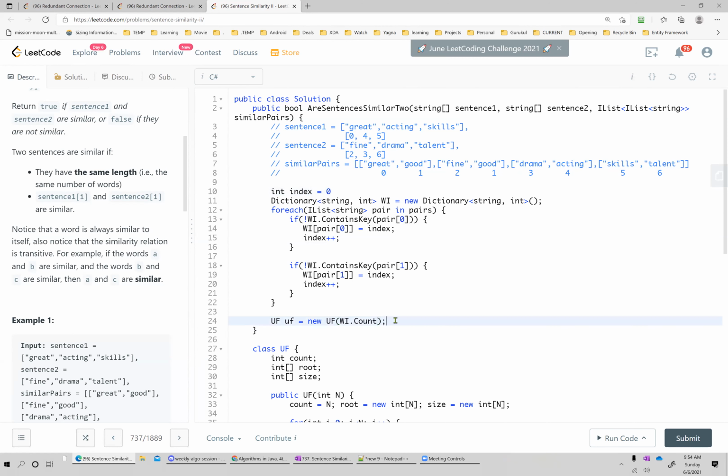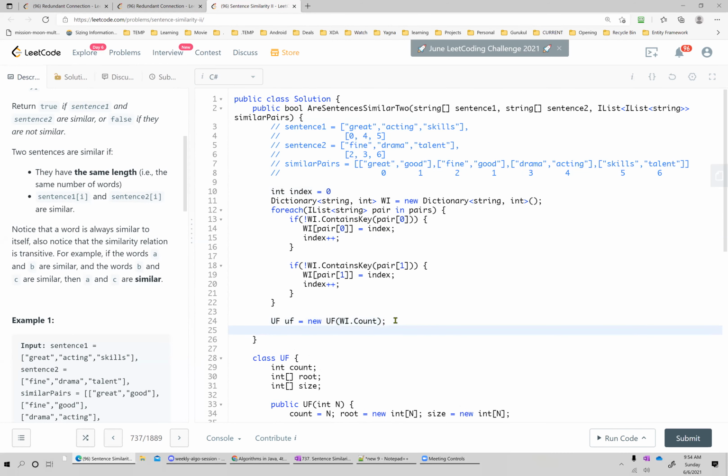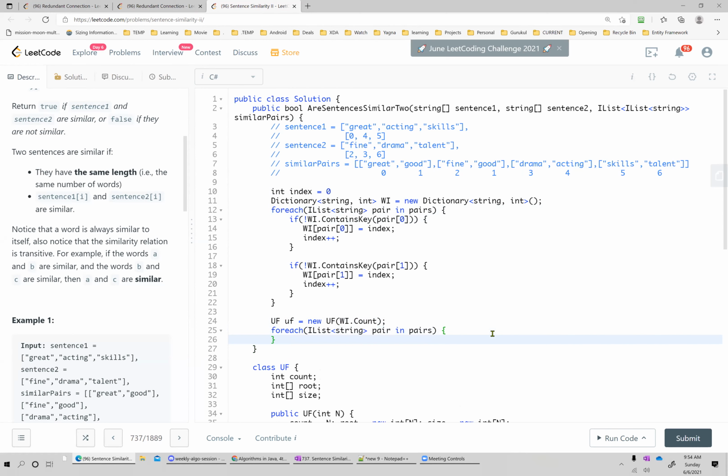Okay. And what I'm doing is that I'm basically going through the pairs, a similar for loop. By the way, I have a question. If anyone has recently given an interview, recently in the sense during the pandemic, on screen share, do you guys copy paste or try to write the similar code again?